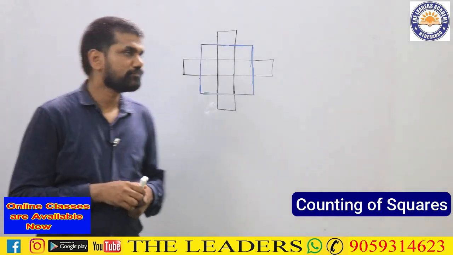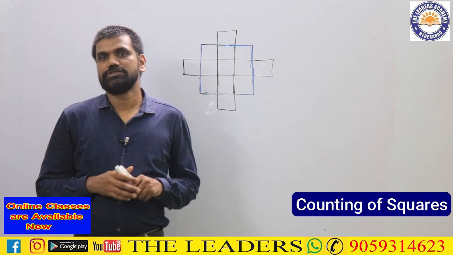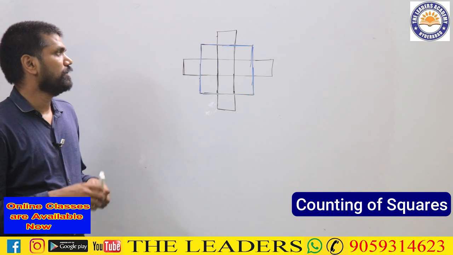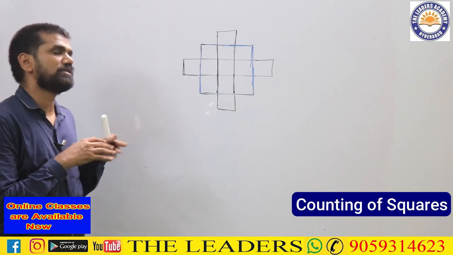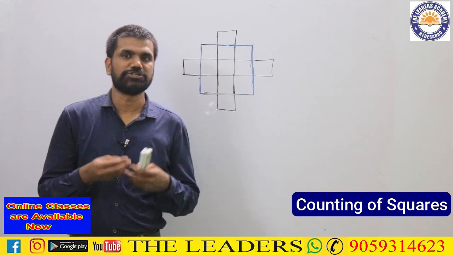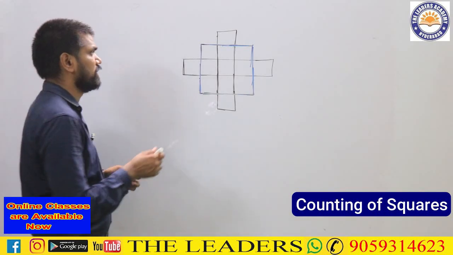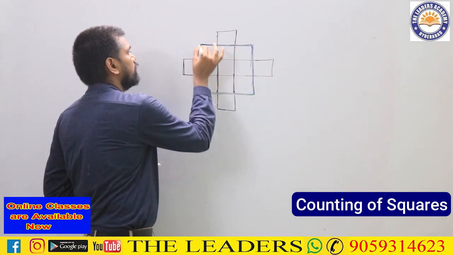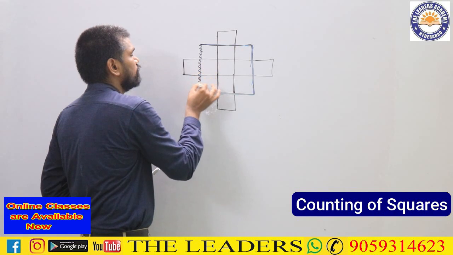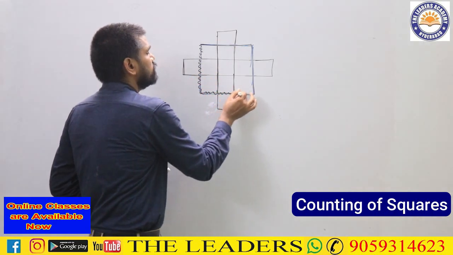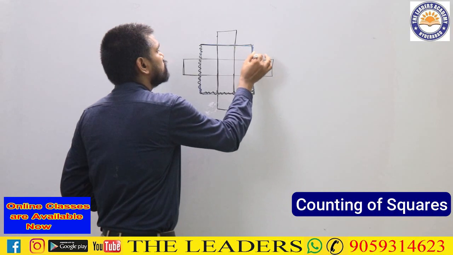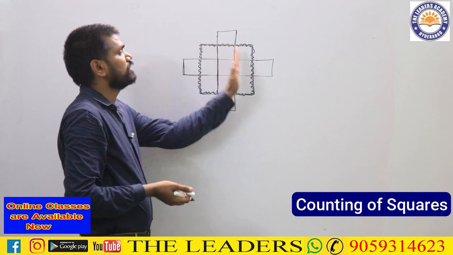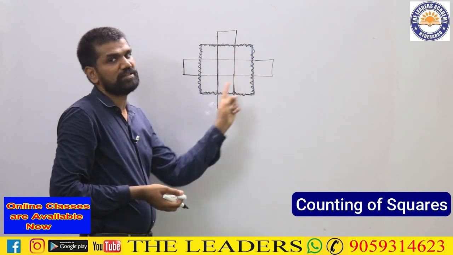That's the next one. Coming to the next problem in counting of squares. So this is also something which is having the basic models that we have already discussed, but there is something extra here. The basic model that we have already seen here is, if you focus only on this area that I am trying to highlight, this area will give you how many squares, that we can easily find, because this is going to be a 3 by 3 square grid. This portion will give you 3 by 3 square grid.